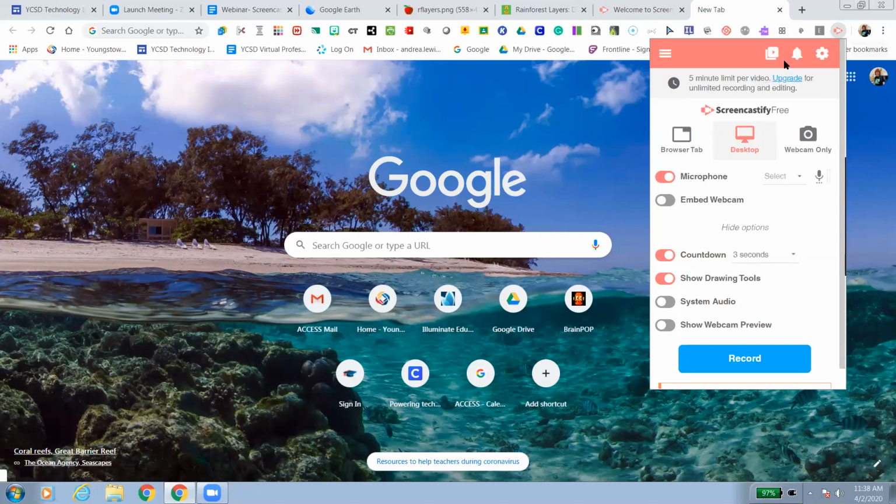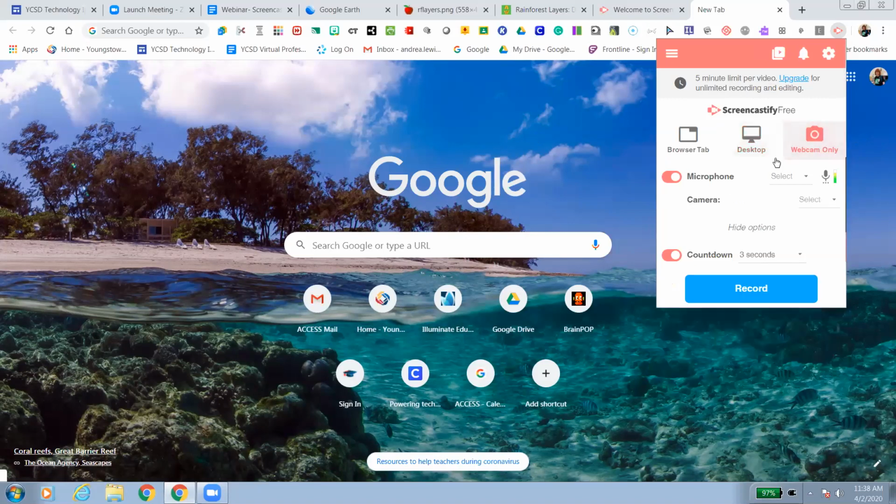If you do webcam only, you want to make sure that you're using your defaulted microphone and your defaulted camera. You want to do the 3-second countdown or a 5-second countdown. You can take your pick. I like the 3-second countdown personally. So once you start to record,